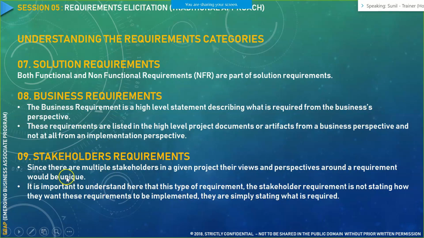Then we have stakeholder requirement. Stakeholders are essentially the people who are interacting with that particular system. Like in a retail context, it could be a vendor, a supplier, a procurement head, a global sales head or a finance head. So those are stakeholders. They would have their specific needs, which they would give you when you are writing the requirements.